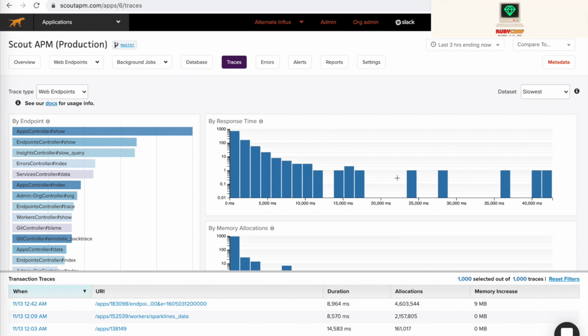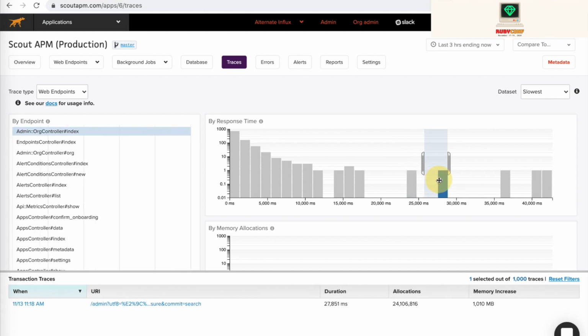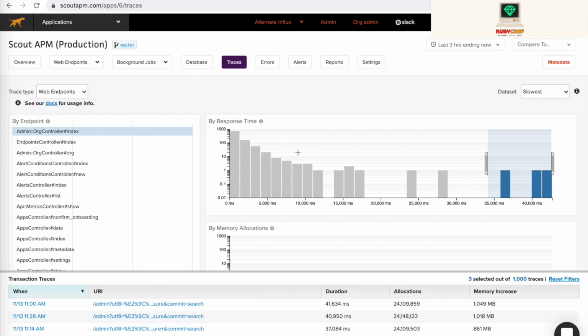And again, we can highlight on the chart. As we highlight, we can see the dynamic change in other charts to see what was included during this time. So we want to look at super slow requests, what was actually included. Our admin controller needs a lot of love.